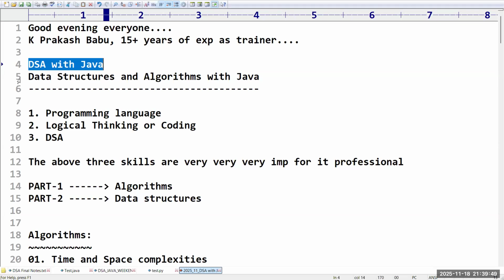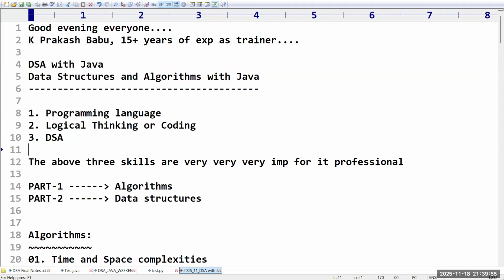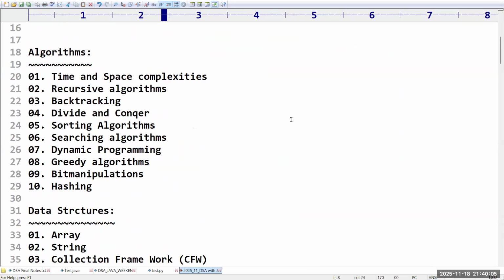Yesterday, I explained very clearly why we need to go for DSA and how important DSA is for product-based companies. There are two parts, algorithms and data structures.